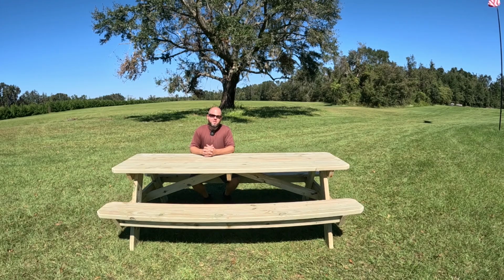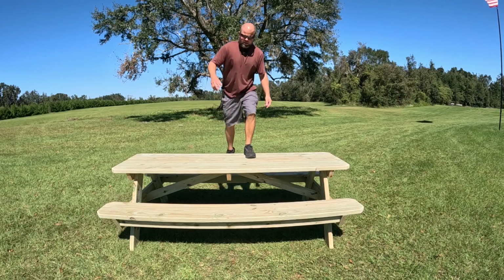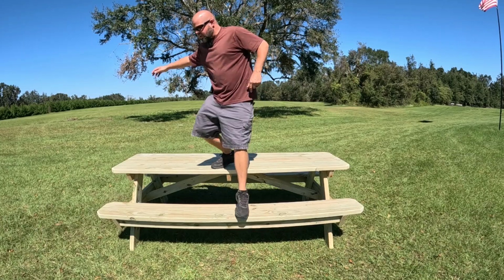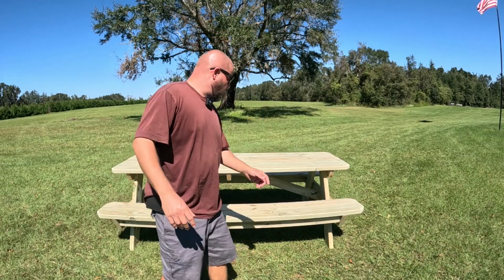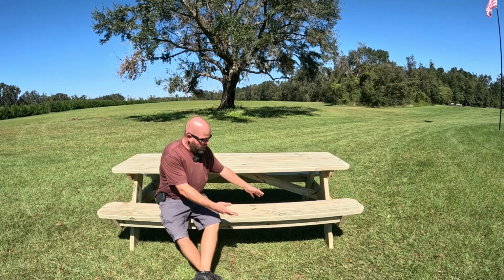Plus, where we're about to carry this to, there is going to be quite a few of us down there at times. So we can fit up to 8 people on this table, not counting the ends. 6 very comfortable. So let's put this thing to the test. I'd say it's quite strong. We're never gonna have this much food up on here. Only a minor little bit of flex,